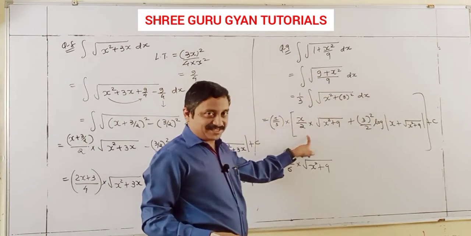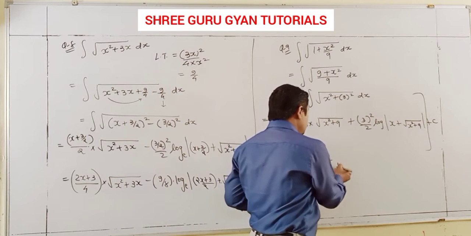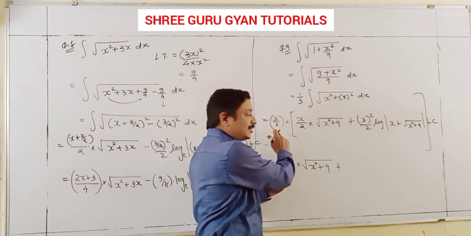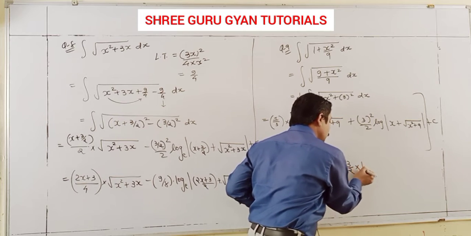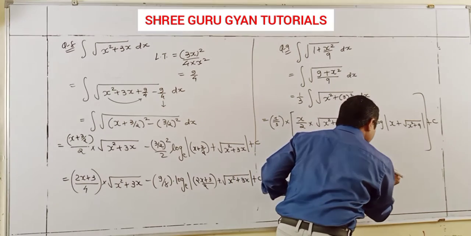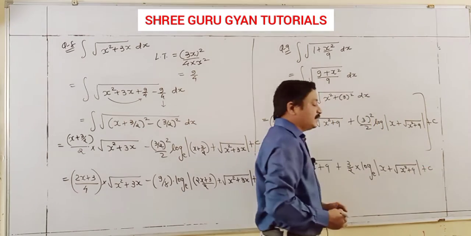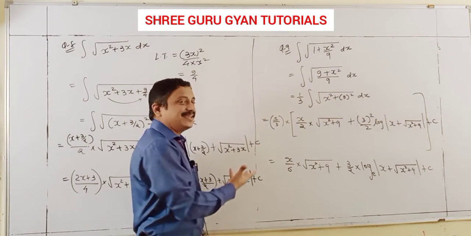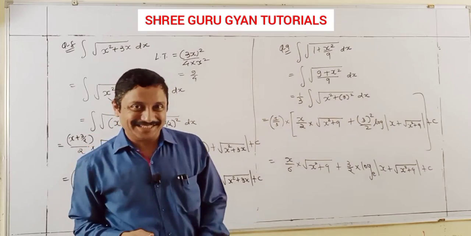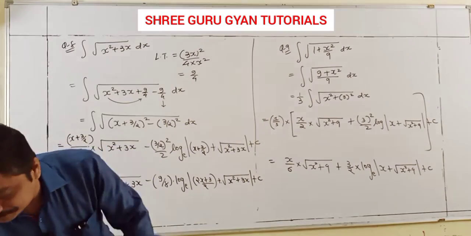these are multiplied. That also, students, 3 and 1 by 3 cancel. Only you have 3 by 2 log base e, x plus under root x square plus 9 plus c. And here happily, easily our question 9 is also done. Now next, students,